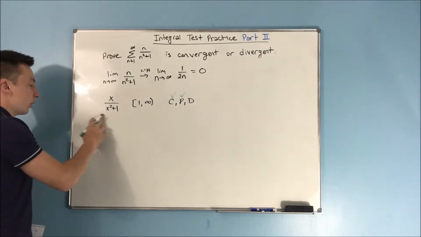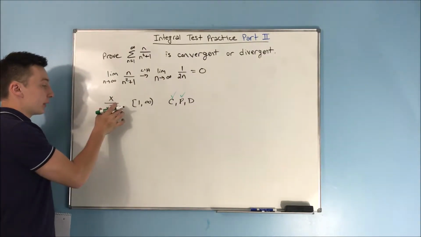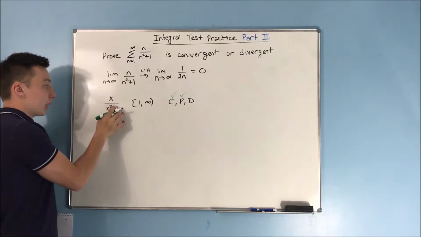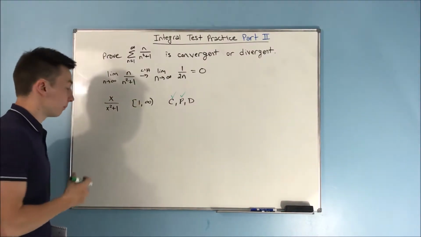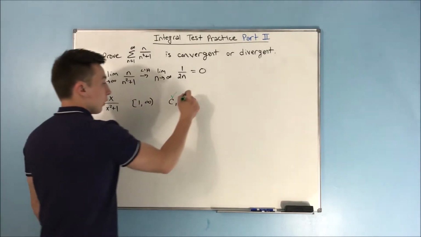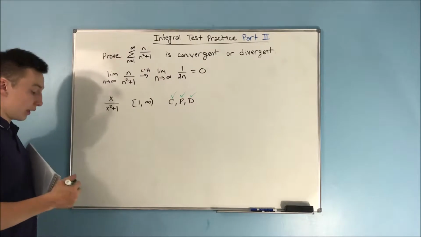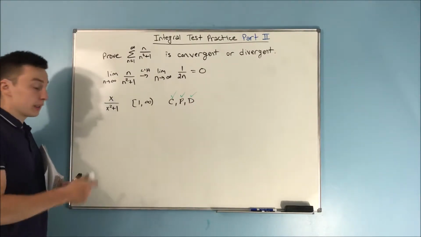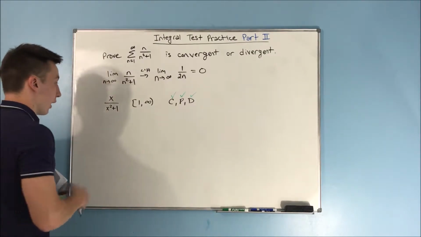Well, you can see here that we have an x squared on the bottom. Okay, so if we start to increase this, you can see that the denominator is going to become bigger at a faster pace than this x will be increasing, which means that we are going to have a decreasing function from 1 to infinity. Okay, so since all that works,